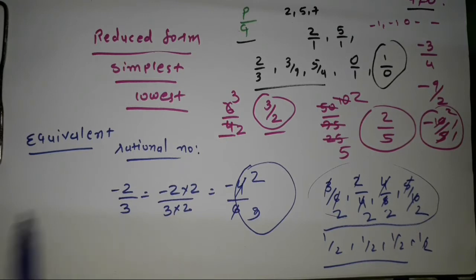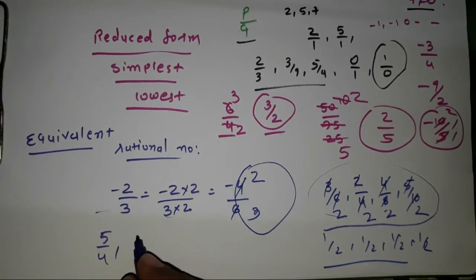Just as we have done here, here we have multiplied this rational number with 2. So we obtain another rational number, this one 4 upon 6. This is exactly like obtaining an equivalent rational number. So for example, in the question, this type of numbers can be given to you and the question can be like find the equivalent rational number for that. So for that, what you can do, for example, this type of blanks are there, find the equivalent rational number. So here equality sign will be there because the reduced form for both the numbers will be same as we have done here. So 5 upon 4.